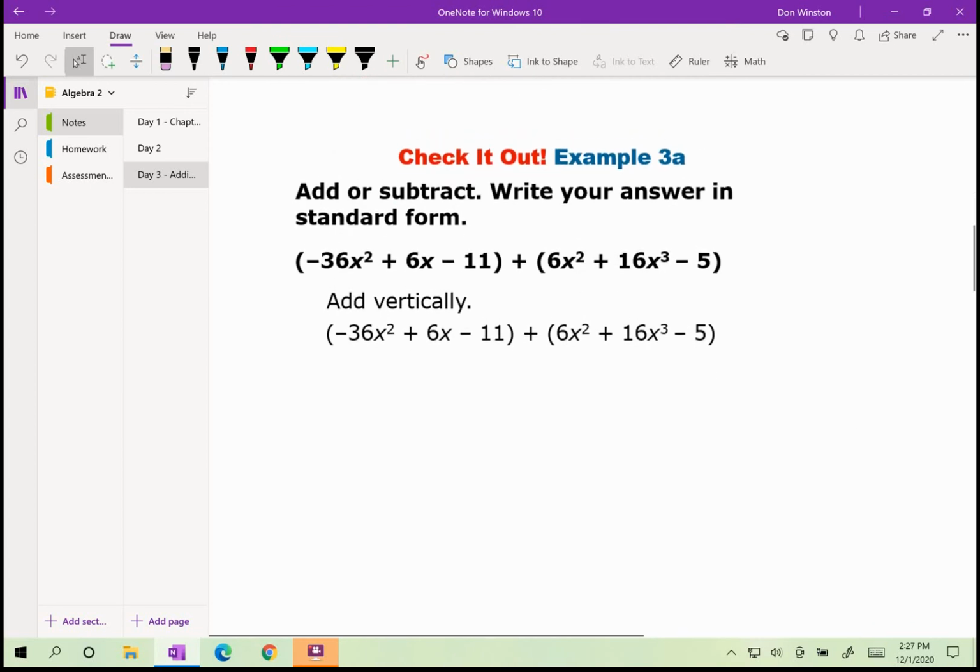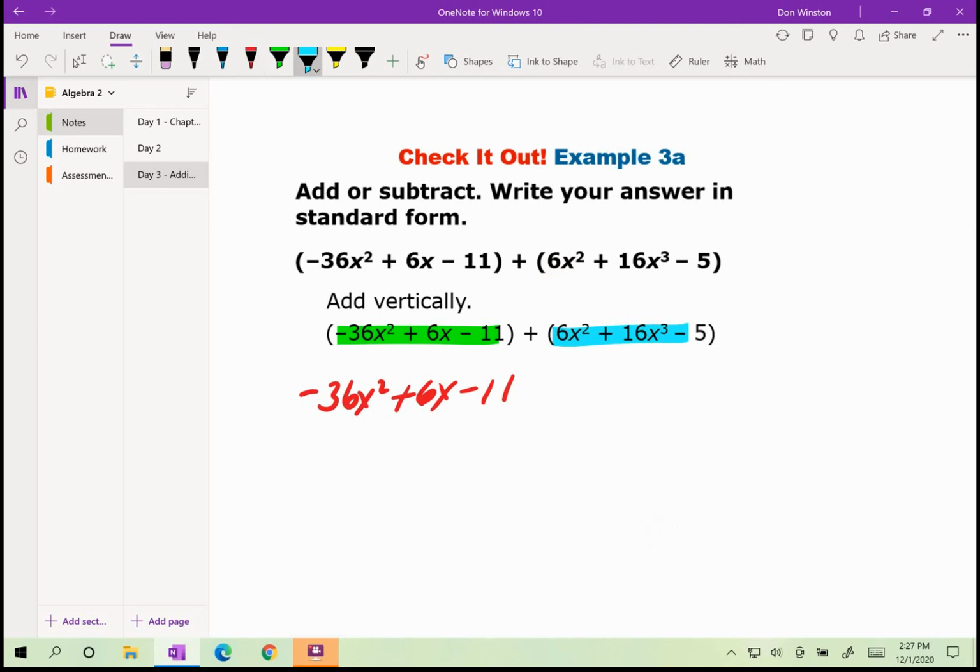So again, I'll go over a couple more examples here. So I have this polynomial as a standard form. So this would be negative 36x squared plus 6x minus 11. And then I have that polynomial. And I have so again,